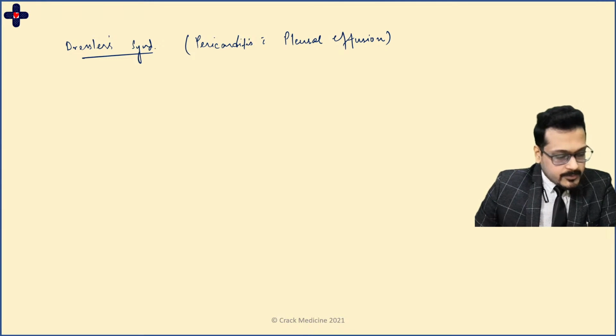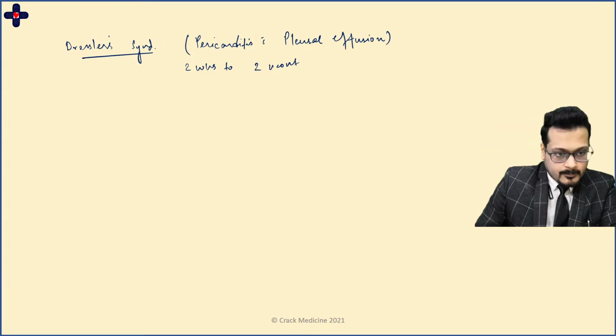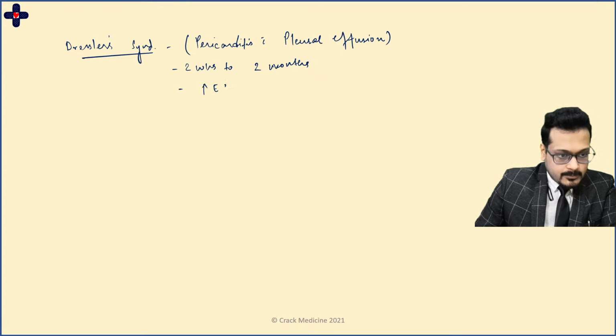Usually occurs between 2 weeks to 2 months. And in your question, there will be a raised ESR given to help point you towards Dressler's. The treatment modality is NSAIDs. In cases of reinfarction,